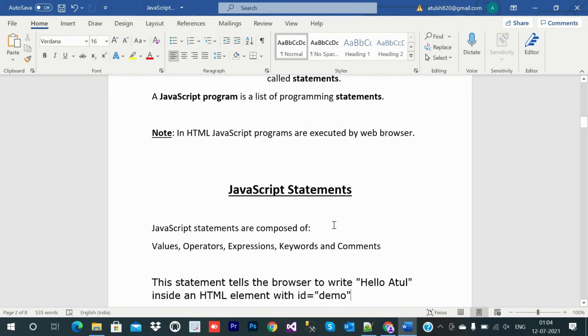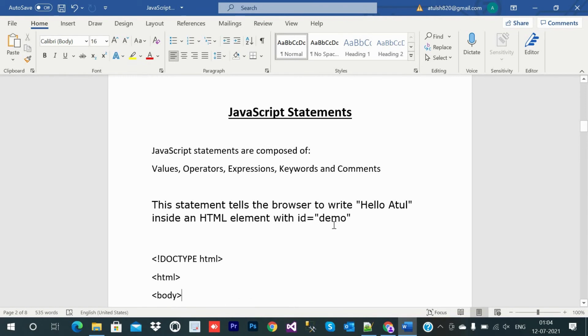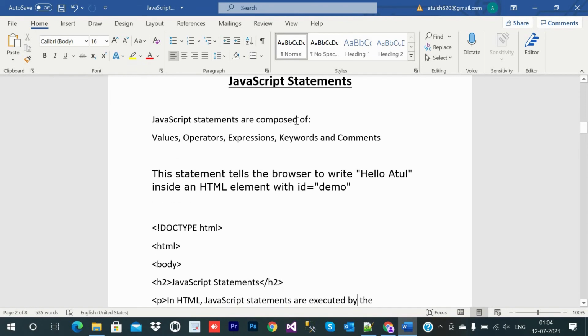So let's come to JavaScript statements. JavaScript statements are composed, or made, of values, like the values we have already seen. Operators: equal, plus, minus, multiplication, whatever operator we are using. Expressions, like we did 5 plus 6 or 5 into 6.